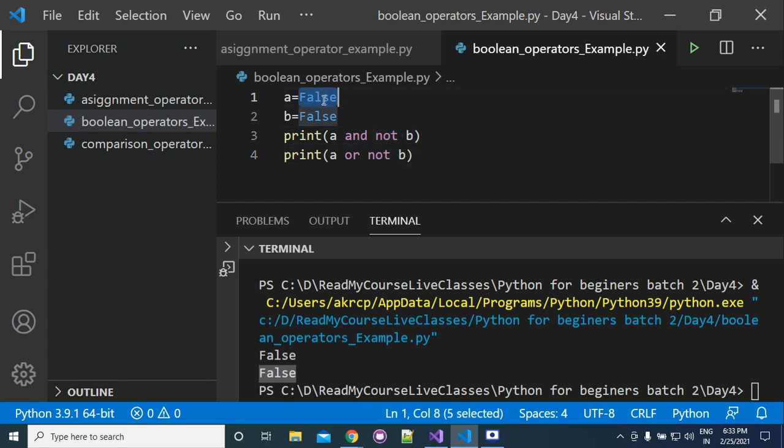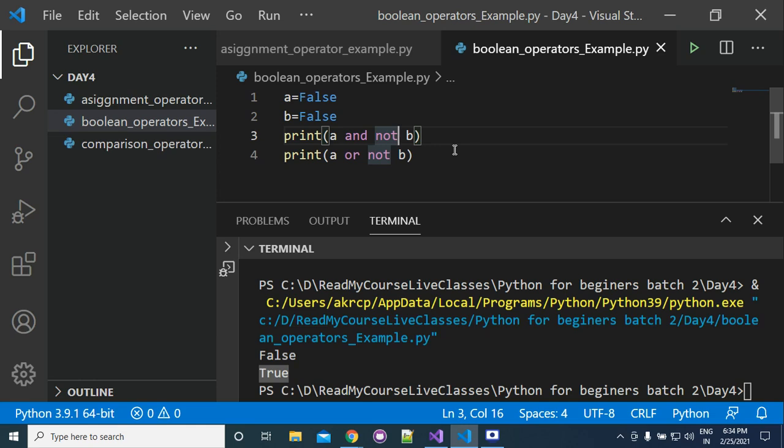If B is false, then not B will be true. So A will be false and not B will be true. We are not changing the value of B, but we are using the reversed value in the expression. So false and true will be false, and false or true will be true. So the first condition returns false, and the second condition returns true.